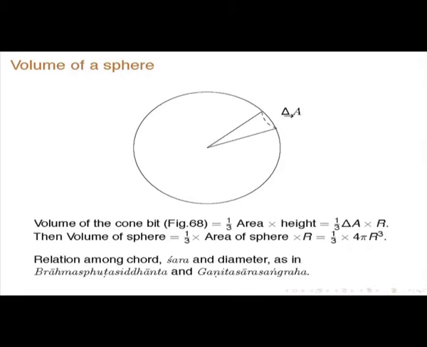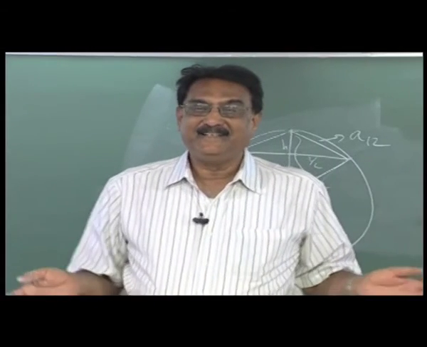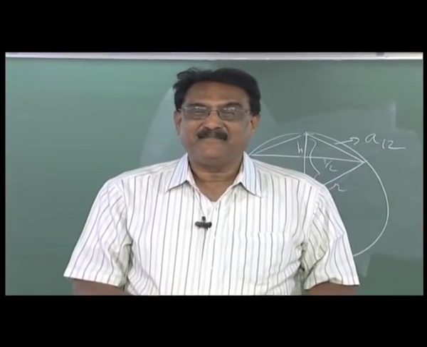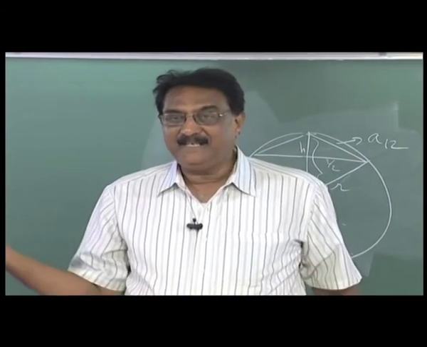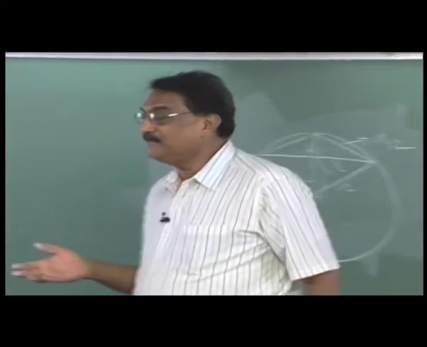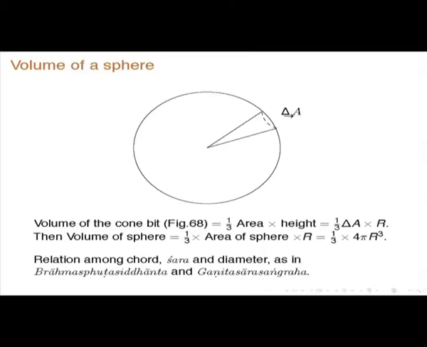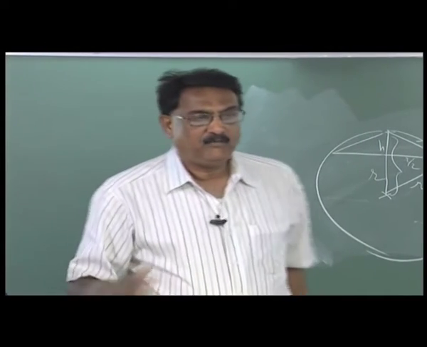So, when you sum over all these things, r will be the same, you have to sum over the area elements. So, no matter how you have divided it, if you take the sum, it will be the surface area of the sphere, which has been derived earlier. So, this will be 1/3 of the area of the sphere into r, which is 1/3 into 4 pi r cube, that is how it is seen. So, this is a very important thing, because I do not think they had discussed the area of a sphere and volume of a sphere exactly.